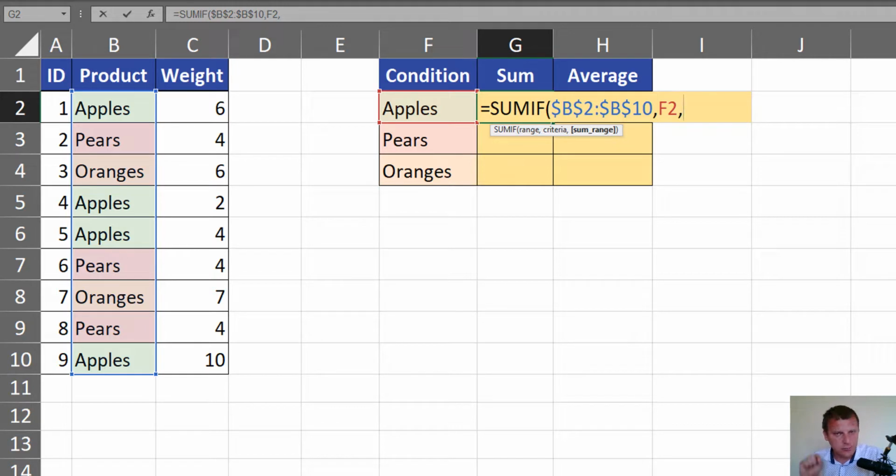In square brackets it means it's not necessary, but we'll talk about it more in our second example. So we want to sum values from the weight column, F4 to lock it. And when we have all our arguments, let's look at our ranges and try to understand how the SUMIF function